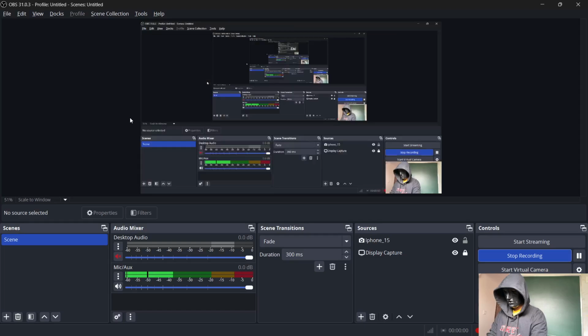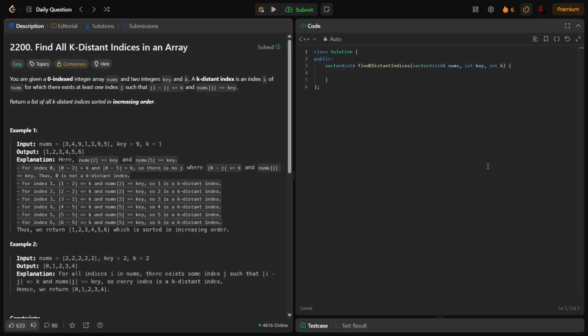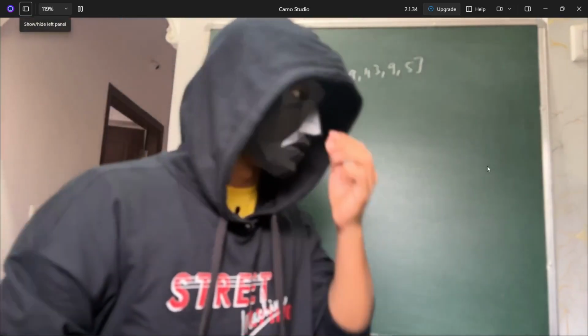Nums they have given is 3 4 9 1 3 9 5, and the key they have given is 9, and k they have given is 1. So okay, what they're saying is